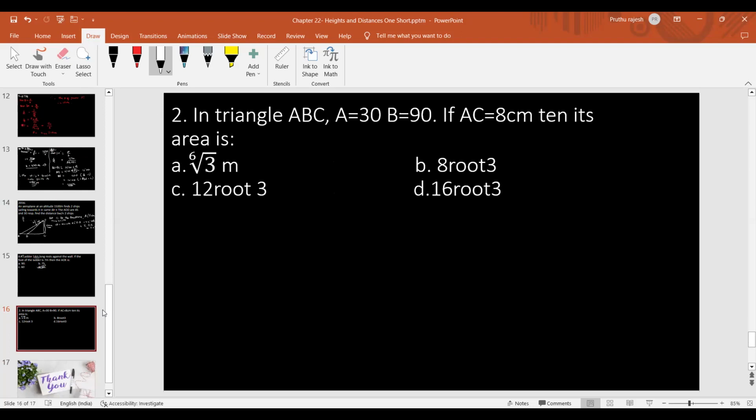A triangle ABC. There's a triangle ABC, and angle A is 30 and angle B is 90 degrees. So 30, 90, and AC is 8 centimeters. Then the area is 8 into this. So you will get